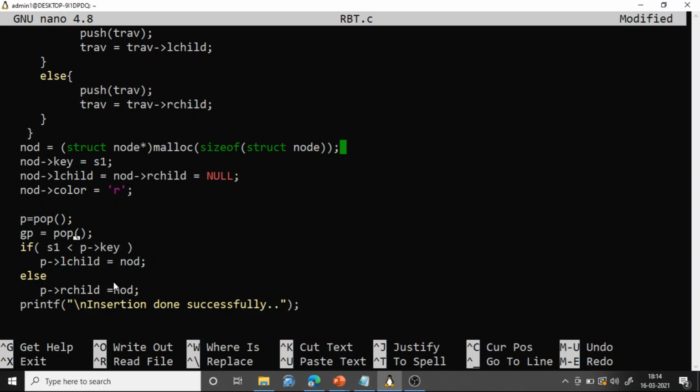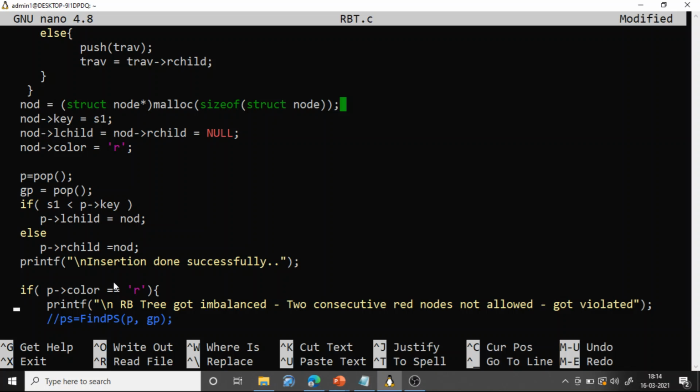We are taking the parent and also the grandparent. Currently the grandparent is not required, but still we have taken it here. Actually at this point the parent is enough. You just pop the parent, and then the new node should come either as a left child of the parent or as a right child of the parent. So we have to fix the new node as a left child or as a right child of the parent. How will we do that?